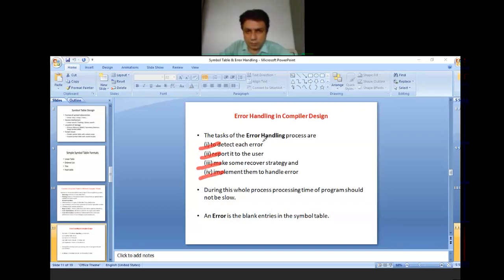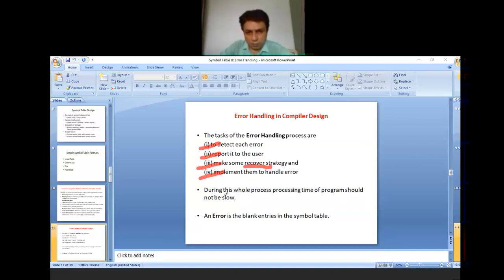These are the four basic tasks done by the error handling process: first detect it, then report it to the user, then make some error recovery strategy, and implement it in the error handler so that it can correct it.